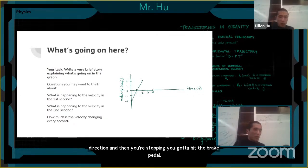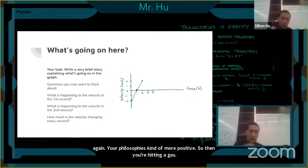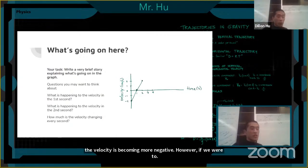After 1 to 2 seconds, you're going forward again. Your velocity is becoming more positive. So then you're hitting the gas. So this is where the term speeding up and slowing down can get us in a little bit of trouble, because it's very easy to say that the car was speeding up the whole time because the velocity is becoming more negative. However, when we actually look at the stories people wrote,